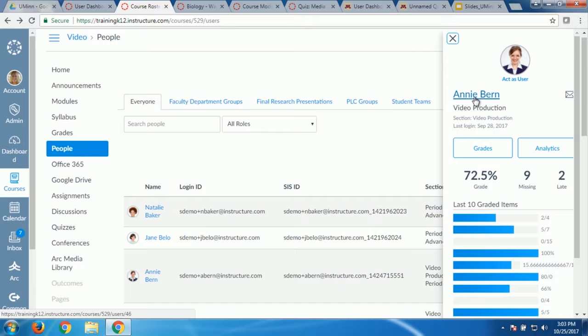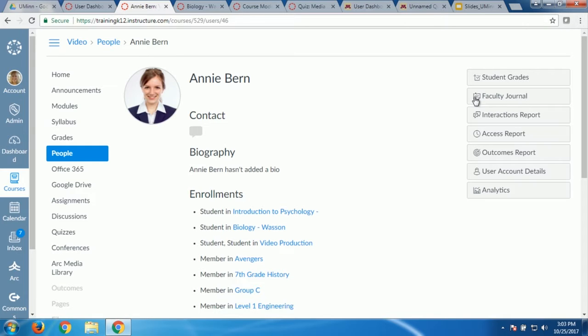Now, I can click on their name again and get data and reports. If I click on their name again, it's going to take me straight to their profile. What's on their profile page? Any kind of information they put there, or this is always the slowest page to load no matter what training I do. There's lots of good stuff here.